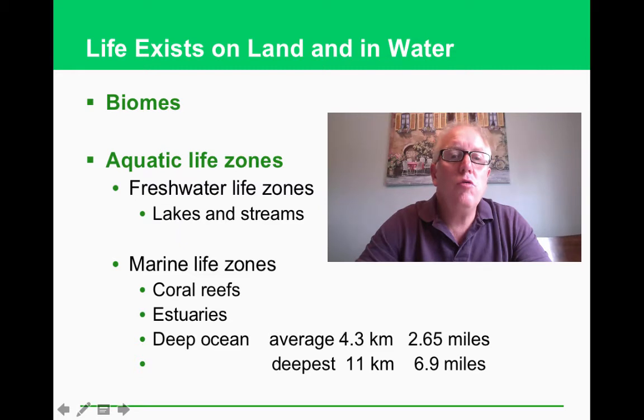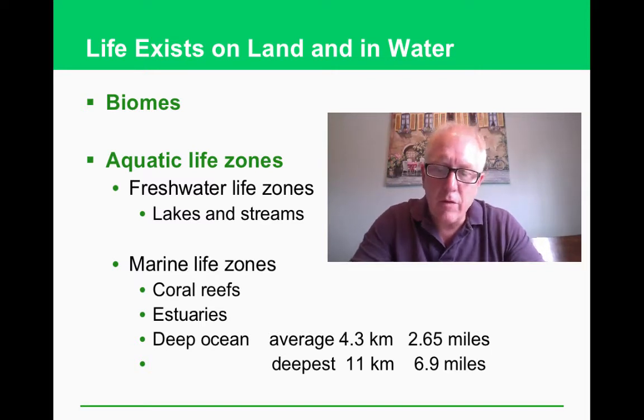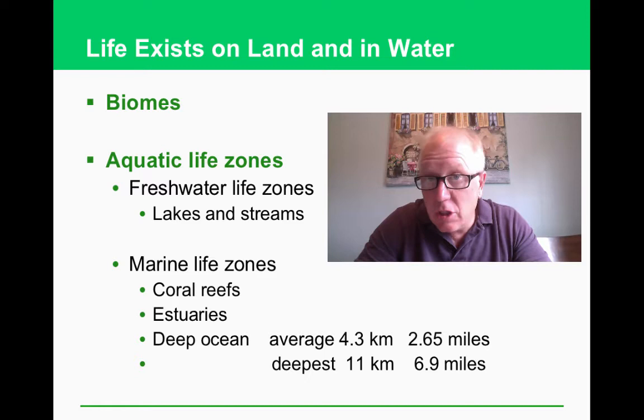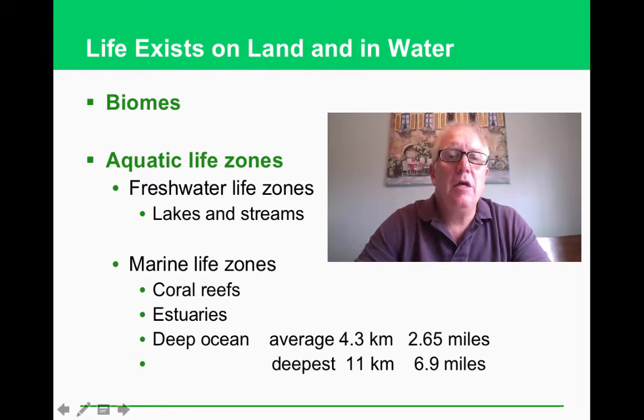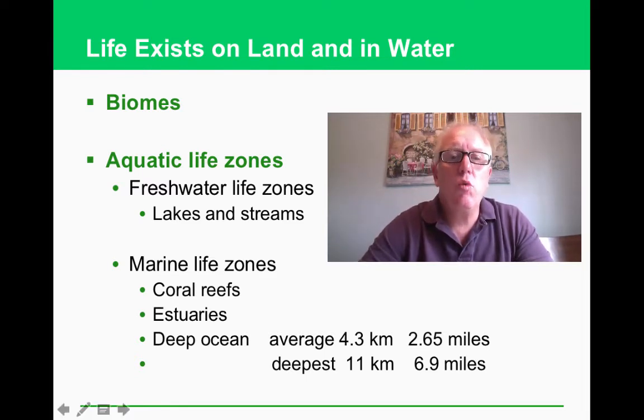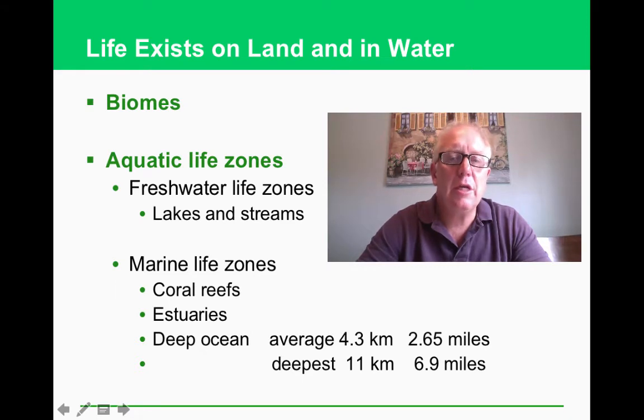Okay, so biomes are going to be different. The life isn't put together the same way on all parts of the planet. The climate is going to have something to do with that. The amount of precipitation is going to be a big thing of it. And some of it is land and some of it is water. So biomes is taken in accounting of all these different areas where things are going to live, and we'll talk